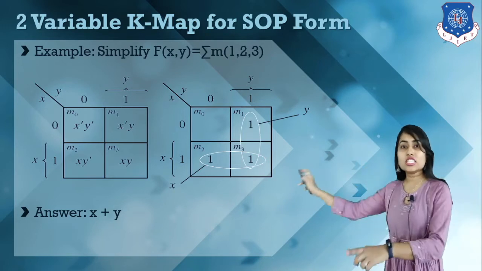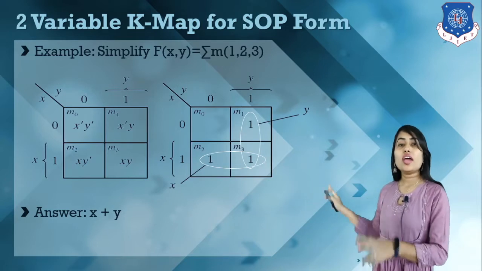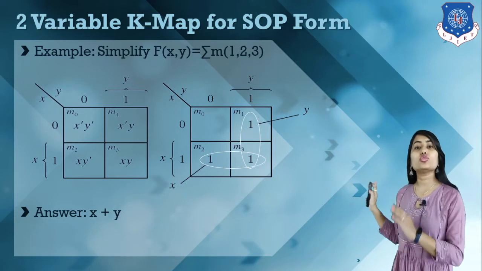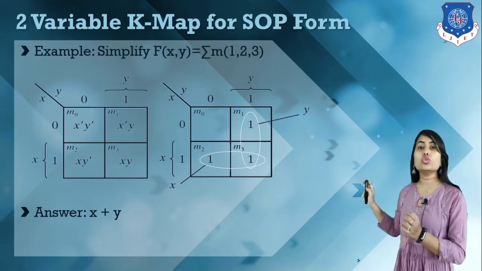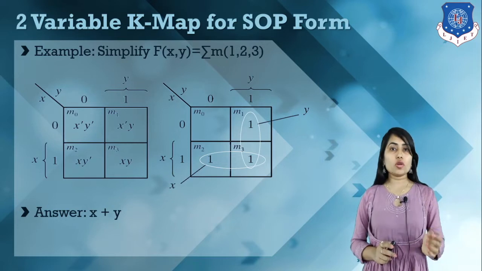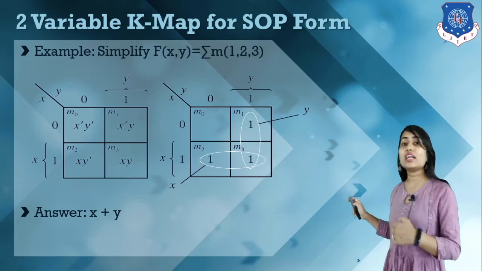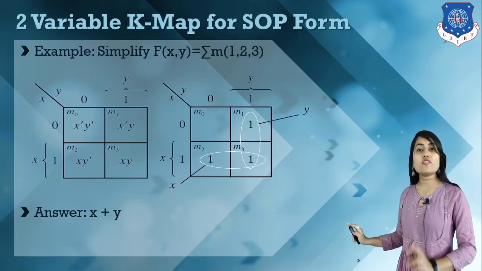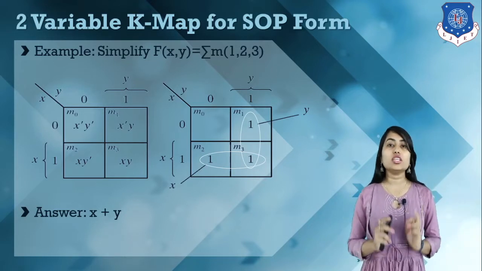For this group, in the horizontal direction we have x. In the vertical direction we have y equal to 0 and y equal to 1, which are different values, so we write the value which is common. So the individual group function is x. Now this is in SOP form, so we have to take the sum of products. These are the products, now we take the sum, so we can write our logical function f is equal to x plus y. This is how we can simplify the logical function.